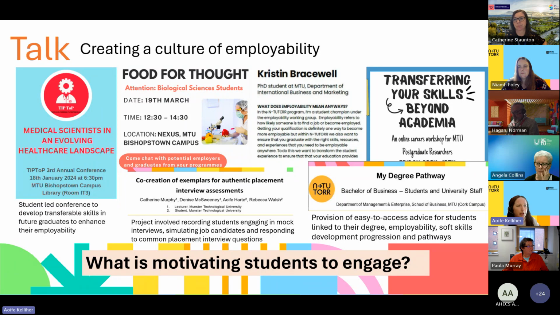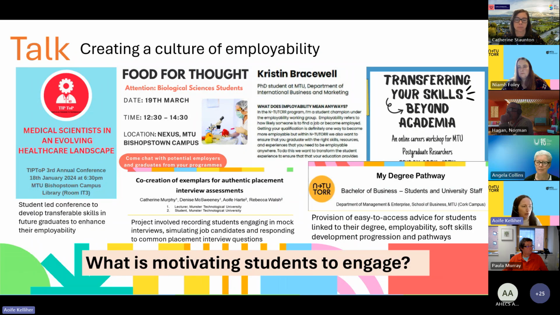I observe various student roles where we'd be paying students, for example, across our own university and MTU, and I'm sure you would have something similar in your own institutes as well. That idea of bringing students in and paying them for undertaking roles. But more and more I see students weighing up whether they'd like to go into that role, is that the particular type of role that they want to be part of, and why, what will they get out of it, and also how will they be able to express themselves and their interests.